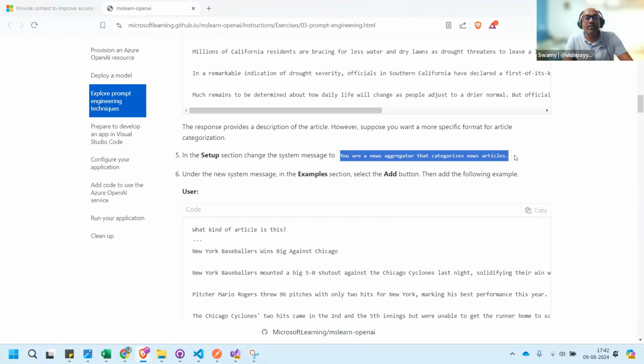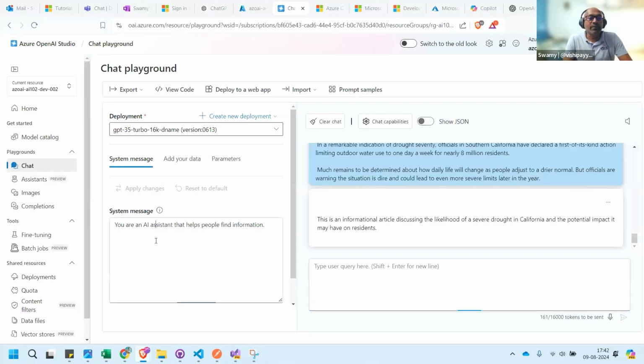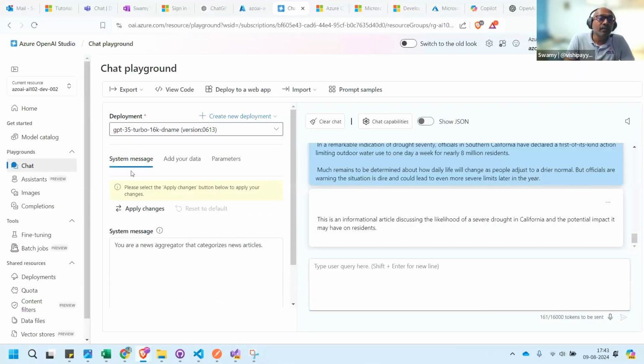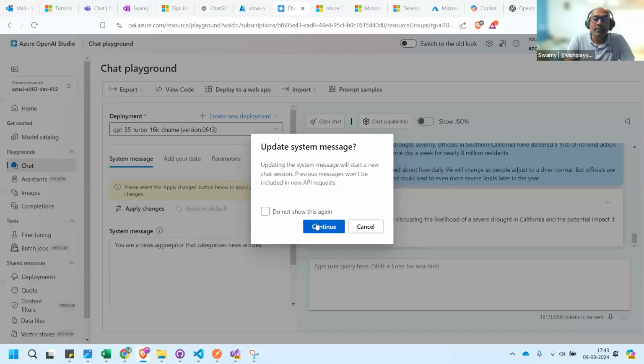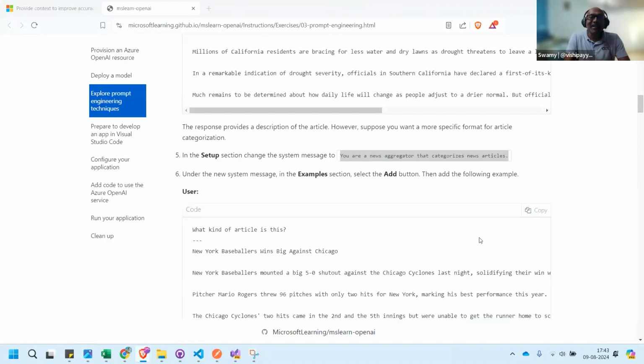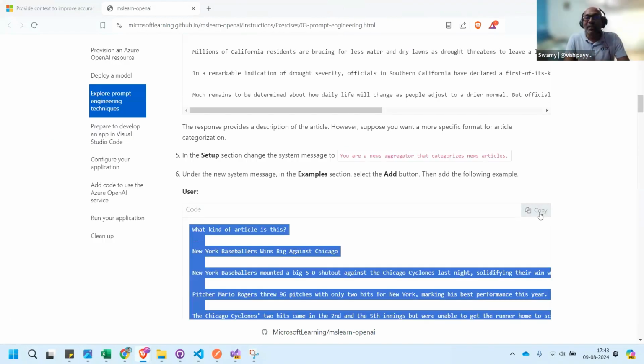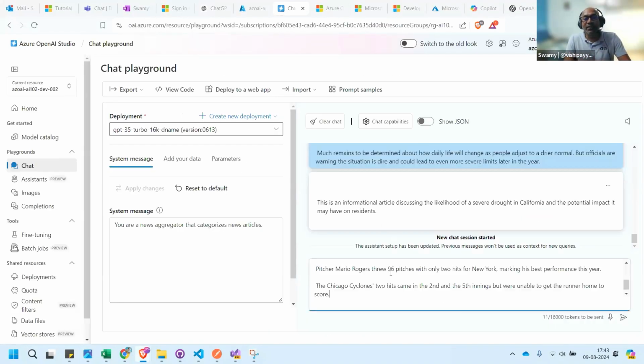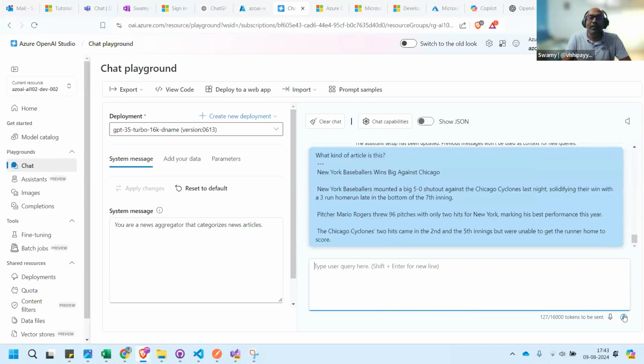the system message. So in the setup, we are saying that, apply the changes. Okay, now here you can see this. We said that, okay, now you are Superman, now you are Spider-Man. So when you say Spider-Man, it does those things. When you're Superman, it flies, something like this. You're hypnotizing it and saying that this is what you are. Now you can see this. We are giving the same question here, and you can see that.